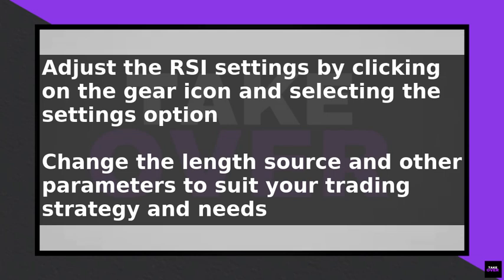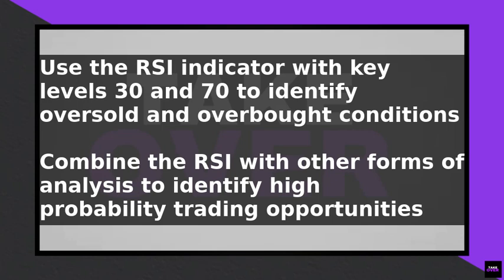The RSI indicator has two key levels, 30 and 70, which represent oversold and overbought conditions respectively. When the RSI falls below 30, it indicates that the asset is oversold and may be due for a bounce. Conversely, when the RSI rises above 70, it indicates that the asset is overbought and may be due for a correction. To use the RSI indicator effectively, combine it with other forms of analysis, such as trend lines and chart